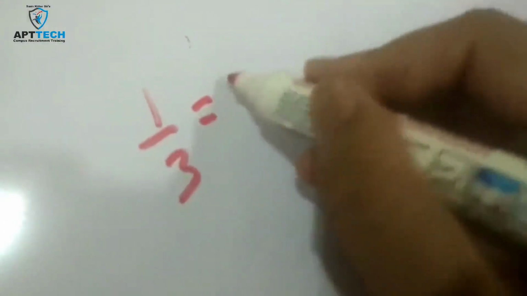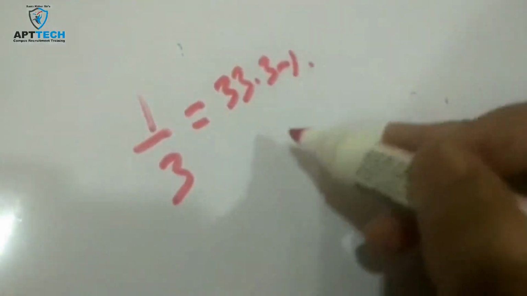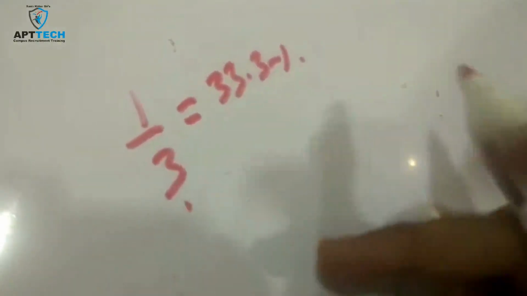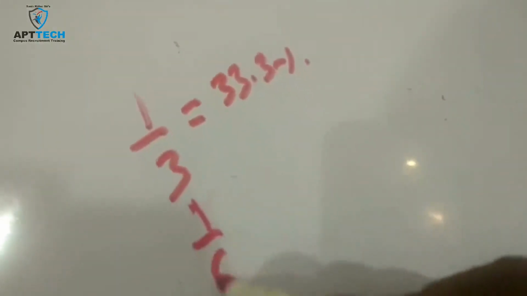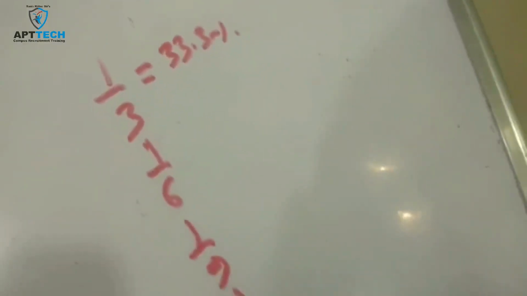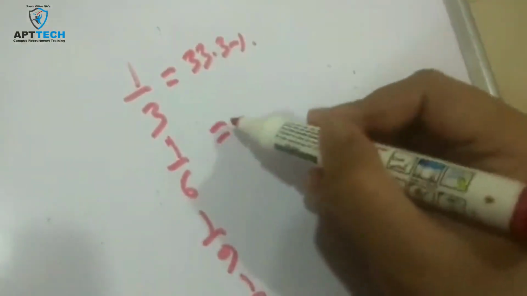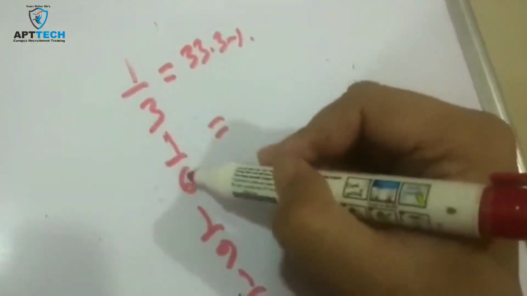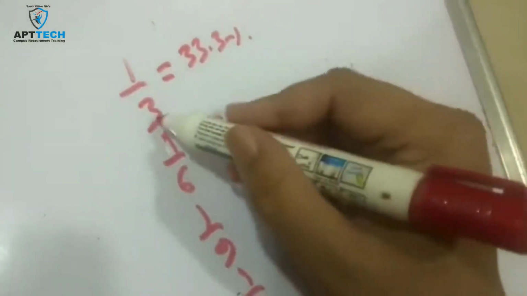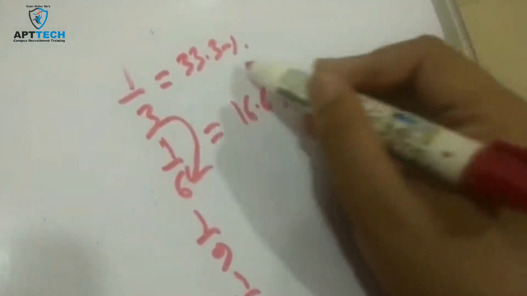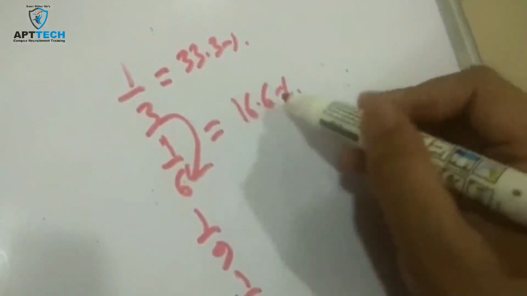Now the second part of this video will be talking about multiples of 1 by 3. Now we know that 1 by 3 will be 33.3%. How is that possible? Just do 100 by 3 calculation, you'll get 33.3%. But the more interesting part would be finding 1 by 6, 1 by 9 and 1 by 12 from this. Now if 1 by 3 is 33.3%, always remember, if the denominator is getting double, the value will be half. So half of 33.3% would be 16.6%.